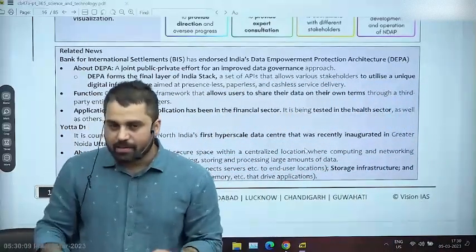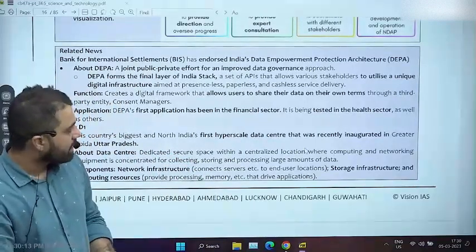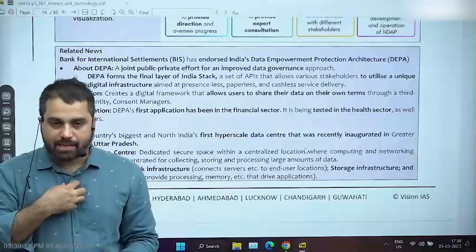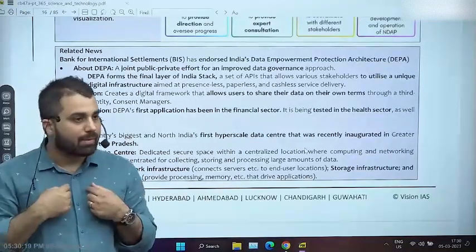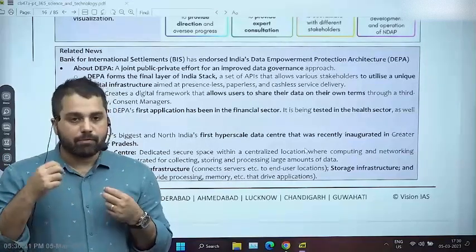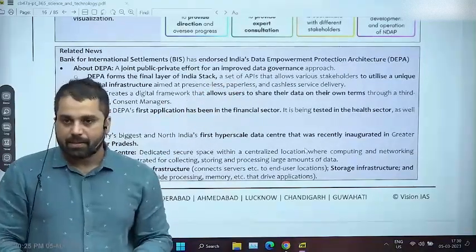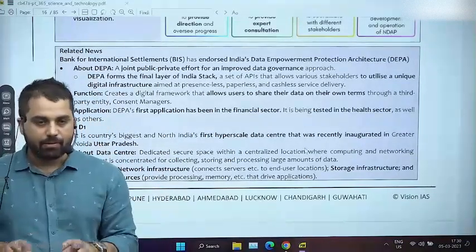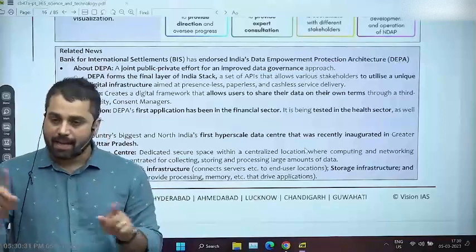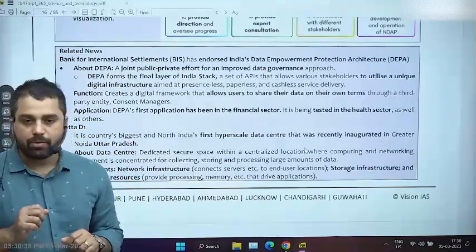So the idea of this DEPA, Data Empowerment Protection Architecture, is that my individual data, I get to decide how different organizations are going to use my data. The focus, as the name suggests, is how we can strengthen our financial sector, and at the same time how we can empower consumers, that without the consent of